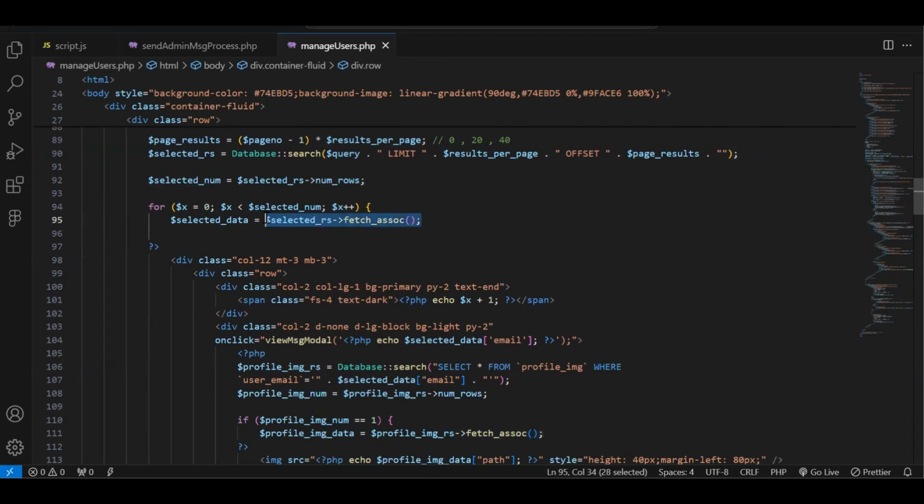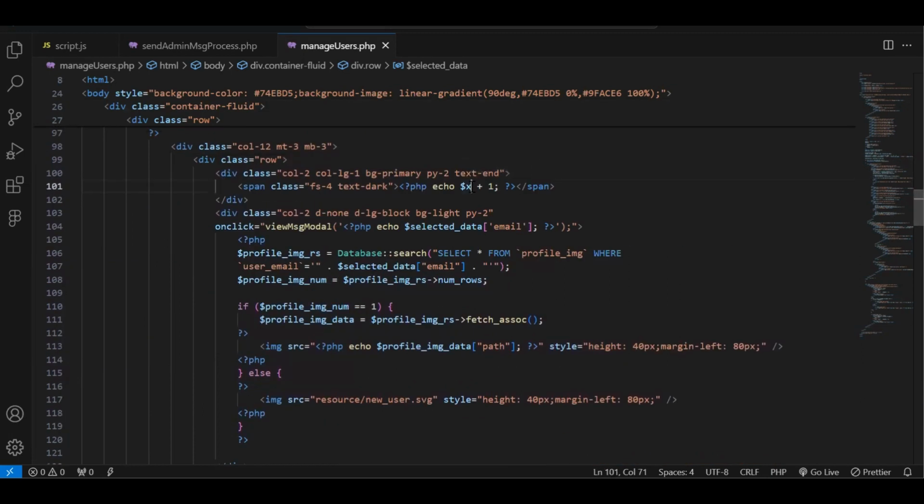And then I have obtained the result that's stored in the selected results through the fetch task. So I can store that in a variable called selected data, and here I have echoed the value that's stored in this variable called x, and I have added one to it, and I have echoed the value that we get back from that. And then I have